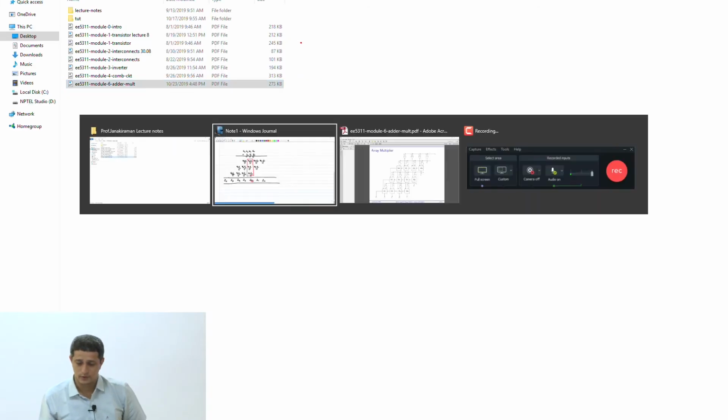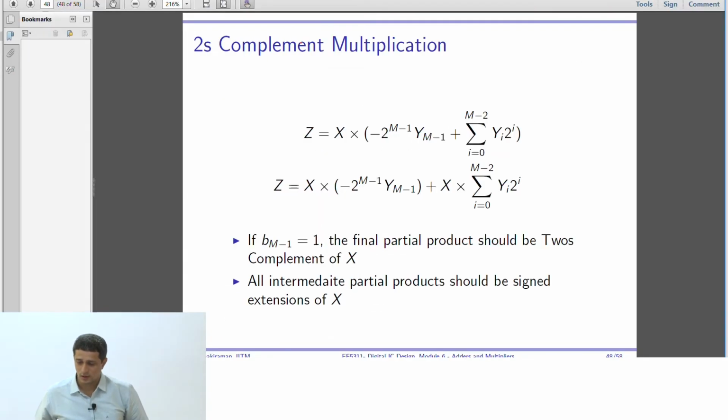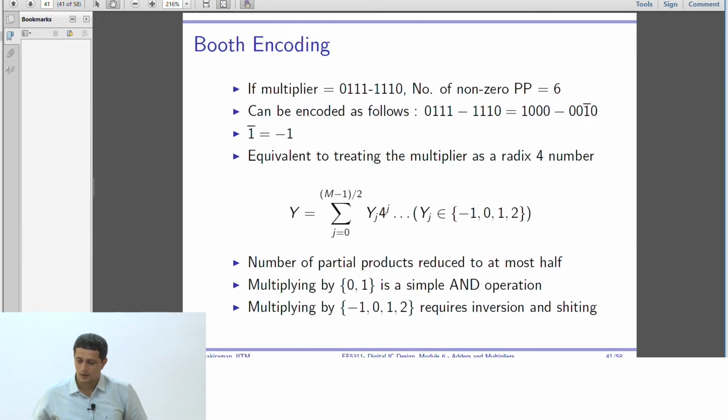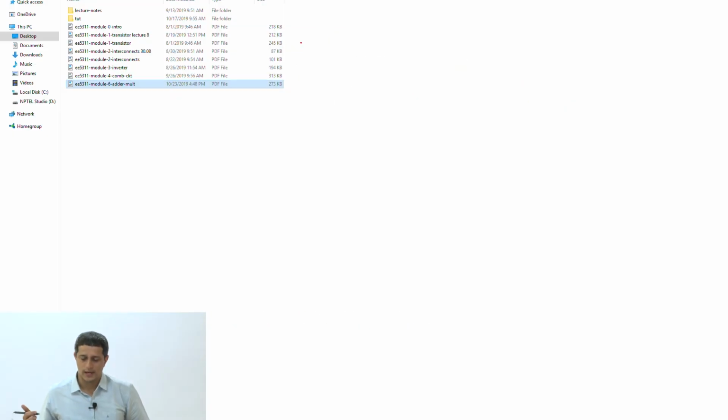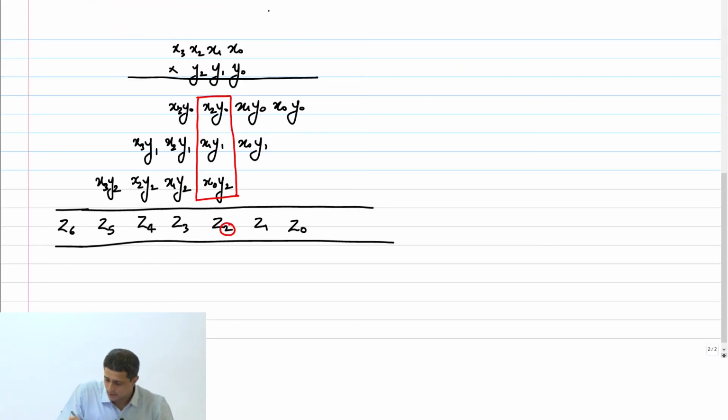So what we notice here is, let me get this terminology right. I always get confused with this. This is called the multiplicand, and this is the multiplier.